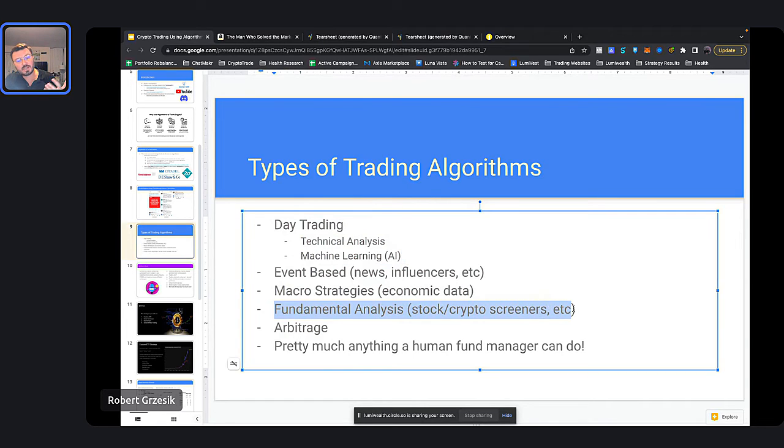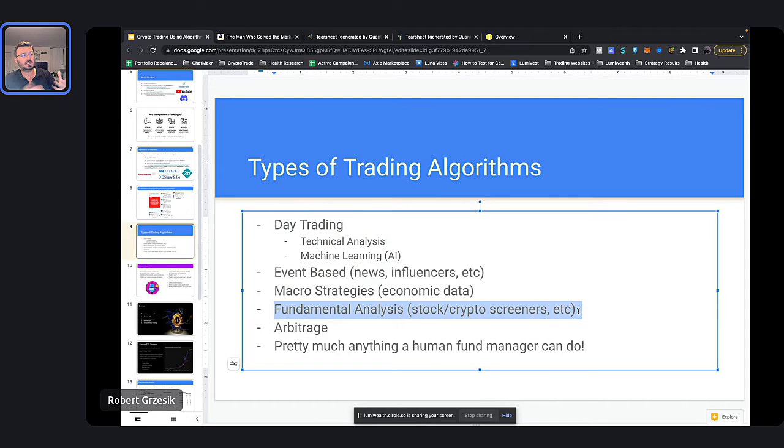You could build fundamental analysis bots, right? You could build bots that automatically will be like stock screeners. They'll look for specific types of companies or specific types of crypto coins. When you're talking about stocks, you might look at earnings, and you might look at profit margins. You might look at that type of thing. And you might look at maybe social sentiment. If you're trading Nike, it's like, how much did the revenue go up recently? What's the profit margin? Are people saying good things about their shoes lately? Is the sentiment about their shoes increasing or decreasing? You could do all that kind of stuff for stocks.